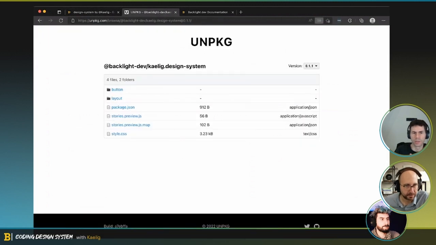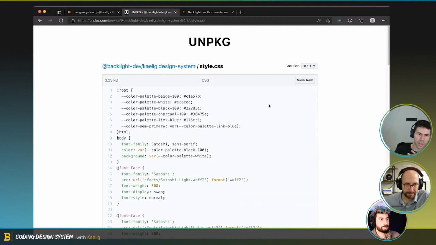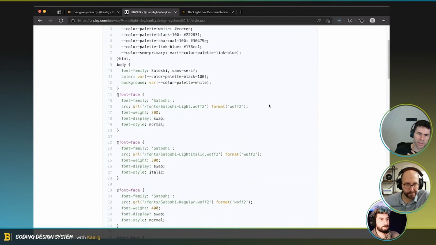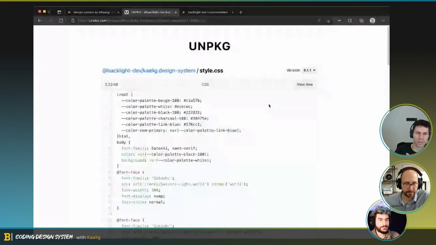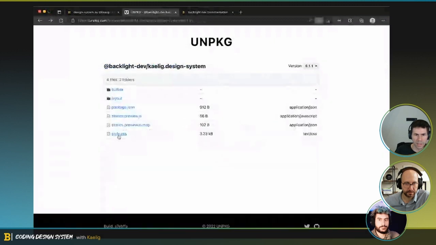Okay. So the important thing to know is that the global styles are inside this style.css. So everything has been put together into one file. And this is the file that needs to be imported in the host app.